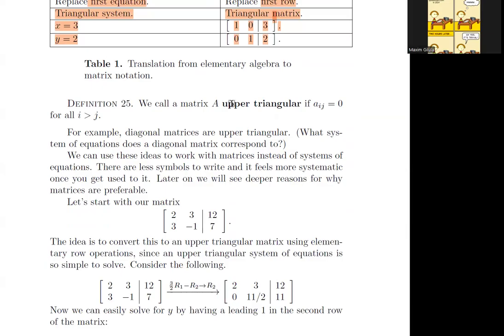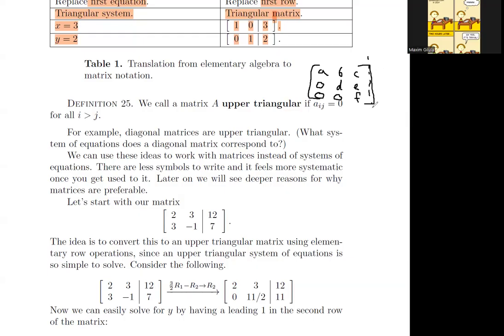So yeah, we call a matrix upper triangular if aij is 0 whenever i is greater than j. That means that whenever the row number is bigger than the column number, like this one, this is row 2 but column 1, it must be 0. This is row 3, column 1, so that's 0. This is row 3, column 2, so that's 0. So here's an example of a 3 by 3 upper triangular matrix. And that corresponded to a 3 by 3 system that was very easy to solve.